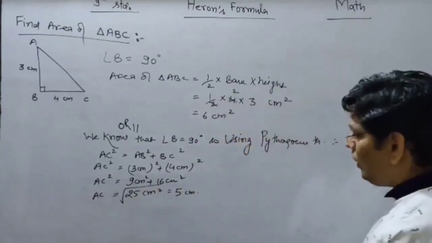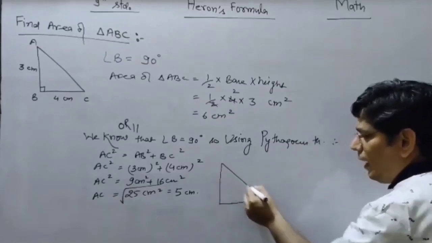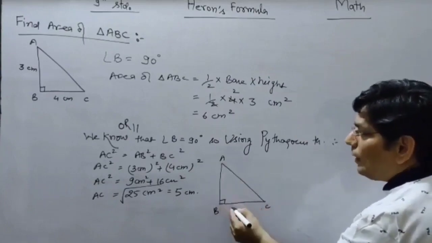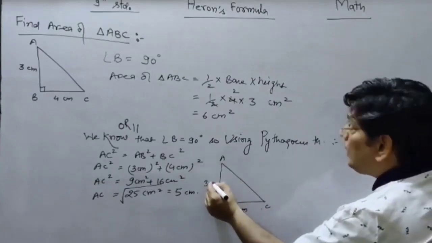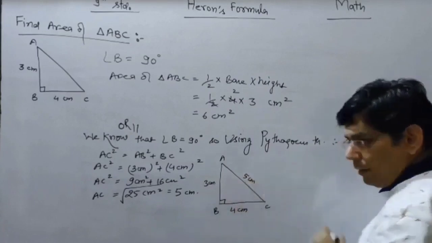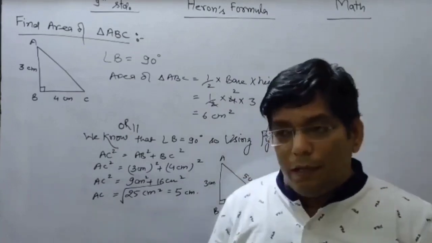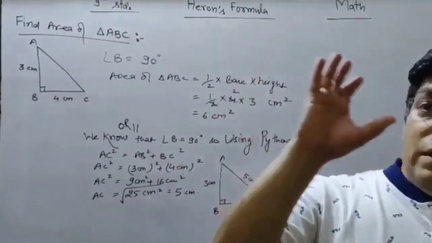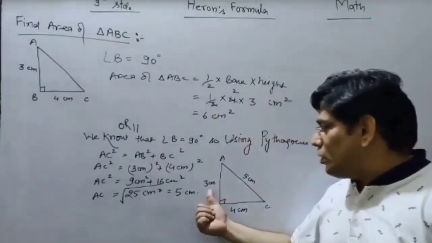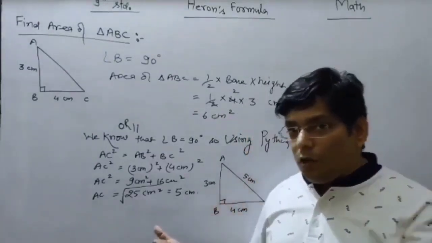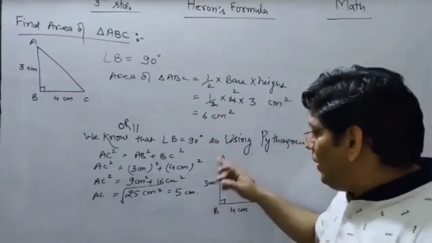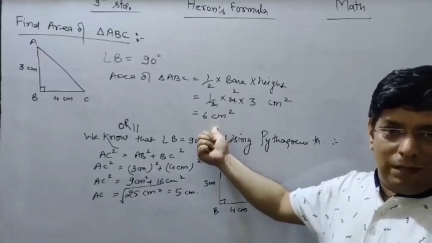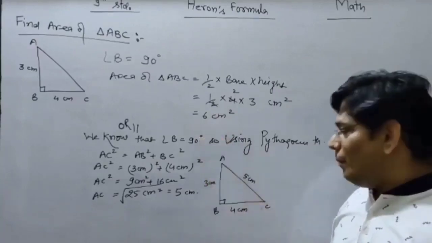So in this triangle, this is A, this is B, this is C, it is 4 centimeter, it is 3 centimeter, it is 5 centimeter. So now in this triangle we can see the 3 sides are given. I told you previously, whenever 3 sides of a triangle are given, in that situation we can use Heron's formula. Now for the same question I have to find the area by using Heron's formula, and in that situation we have to get the same answer. That can justify our method.